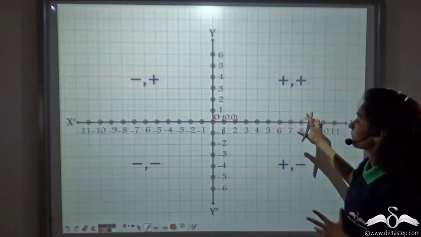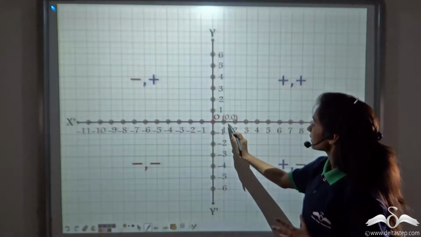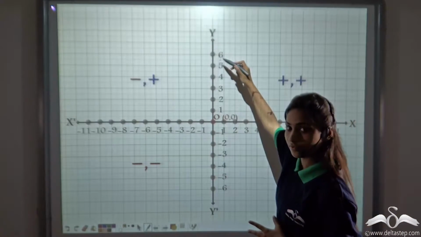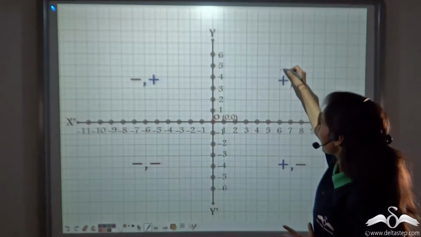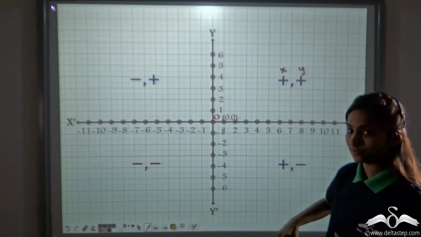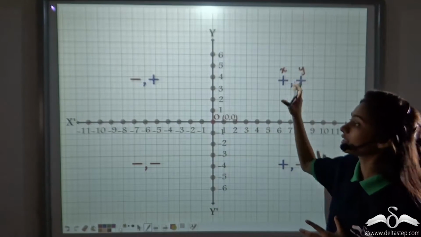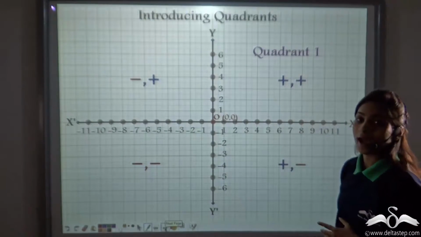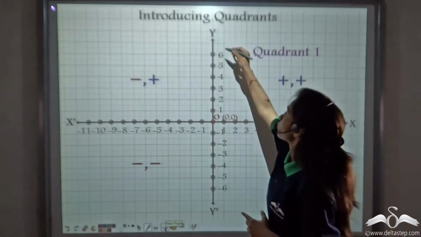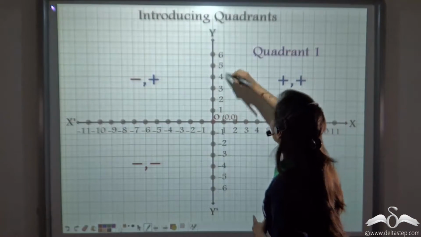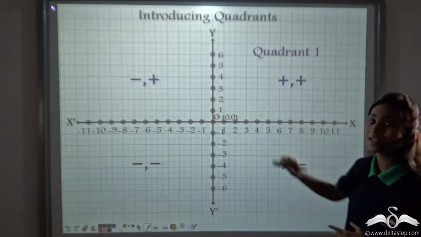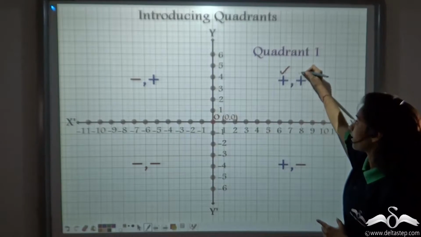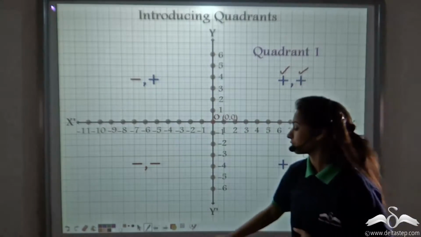in this place, here the x is also positive and the y coordinates are also positive. So we are having both x as positive and y as positive. So we have a special name for these kind of places. Let's see what. Well, this is called quadrant 1. So the whole of this part will be called quadrant 1, where x coordinate is also positive and y coordinate is also positive.